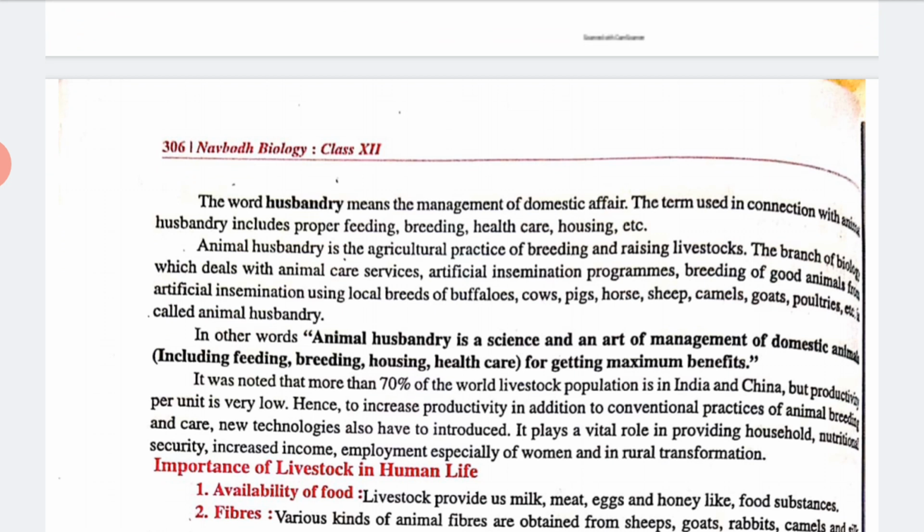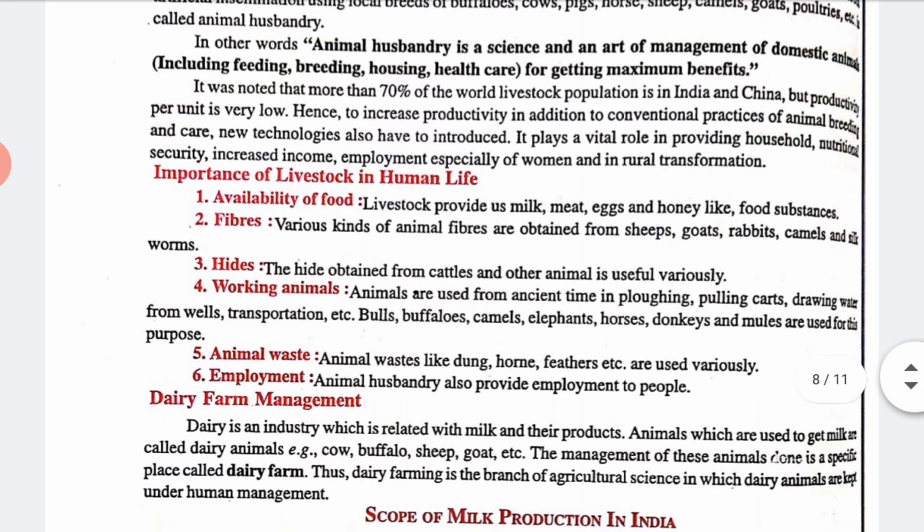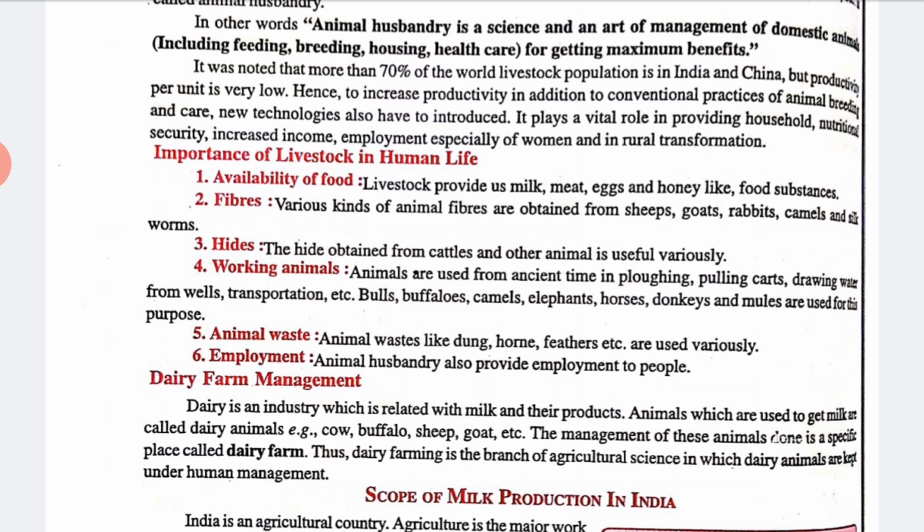What are the importance? So first we will go through the availability of food. So through animals we can take different types of food like honey, egg, meat, milk. All these are provided to us by animals. Or we can see the hides. So we have to provide the hides, that is the